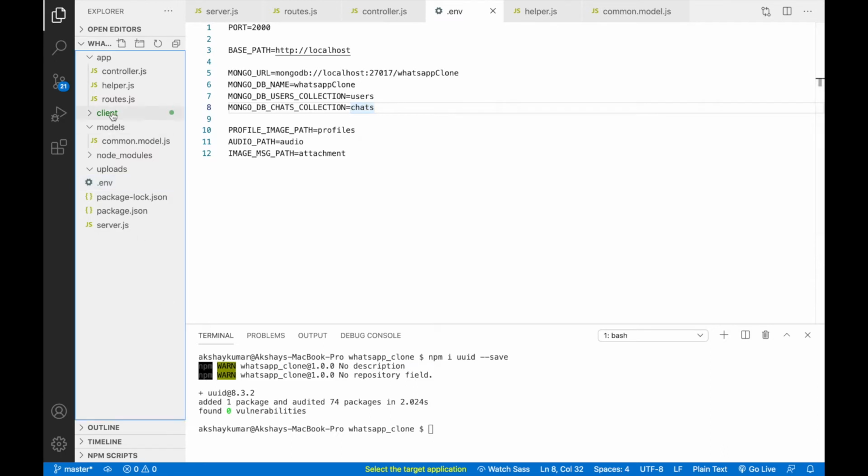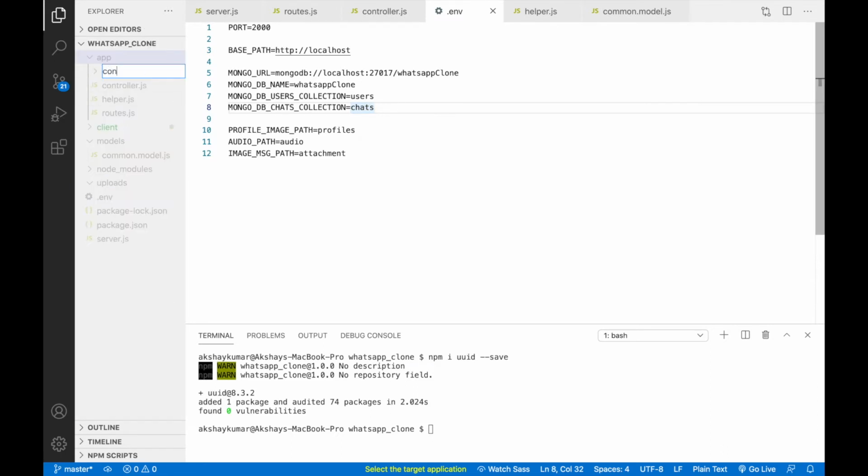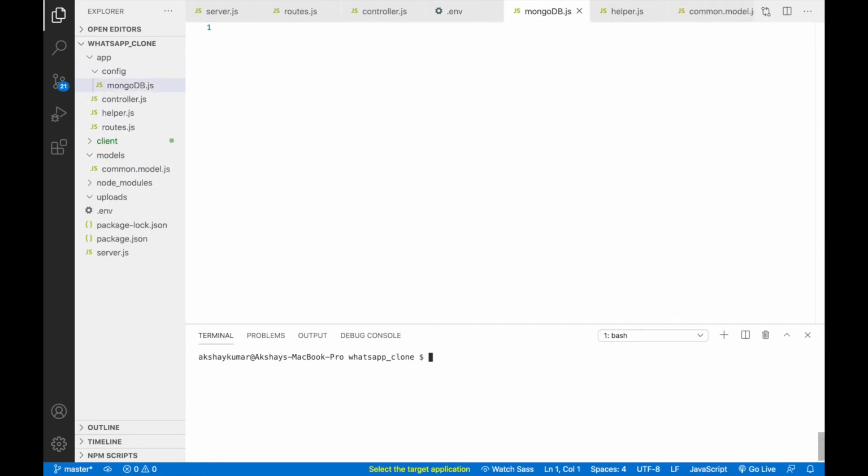Now here inside app, we'll create one folder that is config. Inside config, we'll write mongodb.js. Obviously we have to install MongoDB first, so that is npm i mongodb --save.